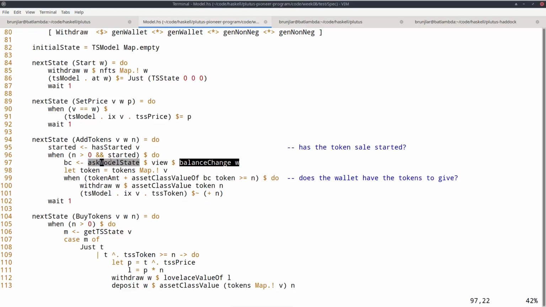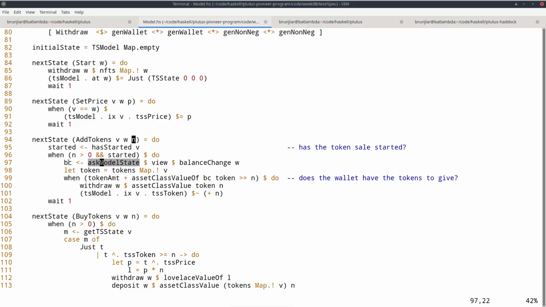And then finally askModelState, this thing asks for the balance change of wallet W since the beginning of the simulation. So the reason I'm doing this is I want to check that the wallet that's invoking this add tokens actually has enough funds. It wants to provide n tokens to the contract, but that of course can only work if it actually owns at least n tokens.